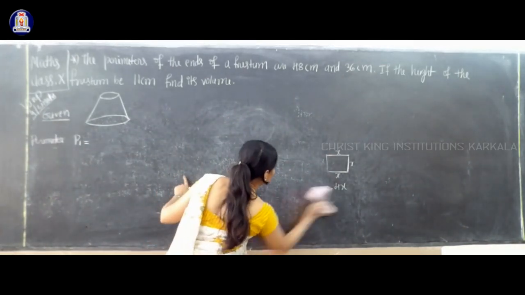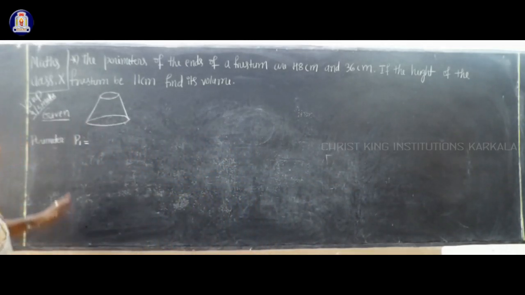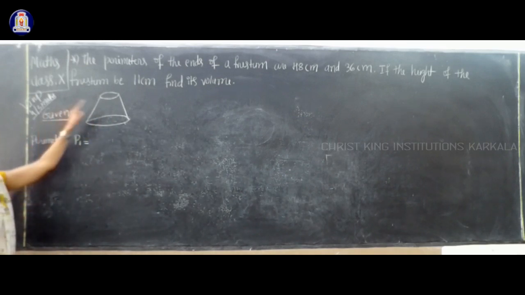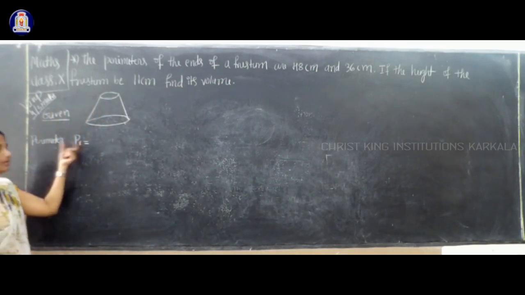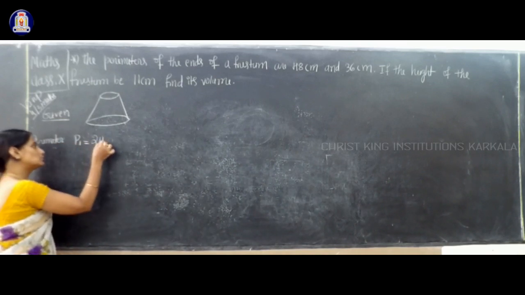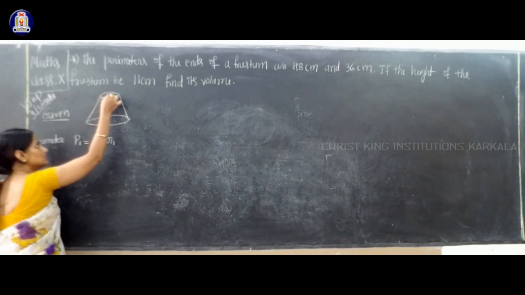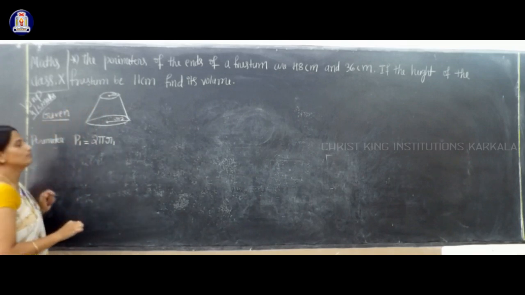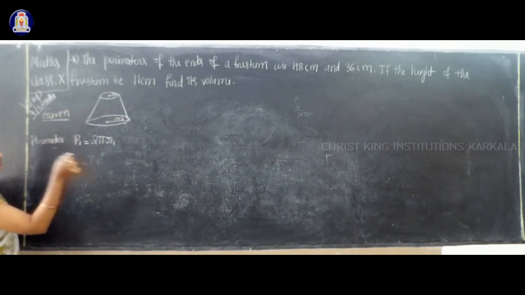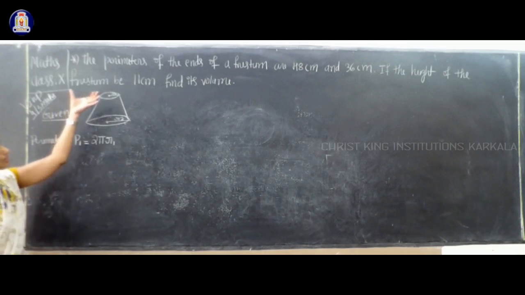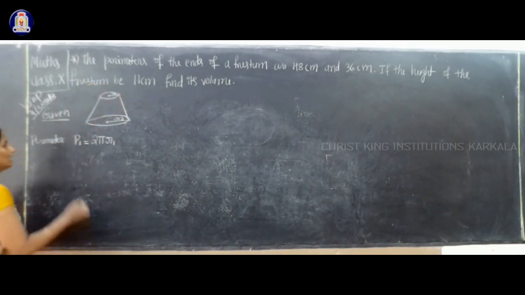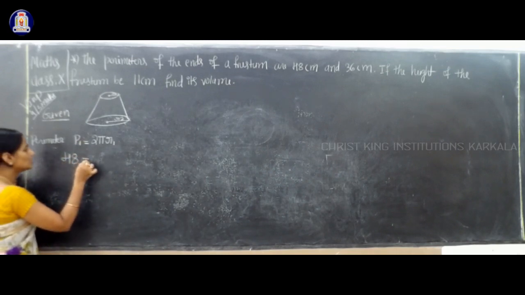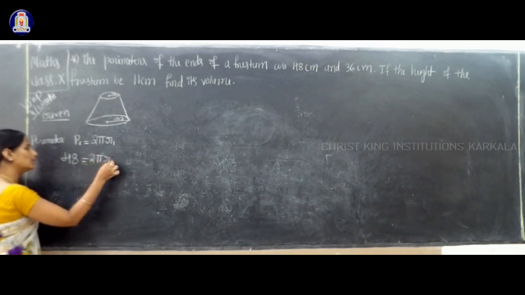Here it is given as the perimeter of the two ends of the frustum. The ends are in the shape of a circle, so it is the perimeter of this circle, and take it as P1. What is your formula? It is 2 pi R1, because this is radius R1. This is the second radius R2. Clear? Next, the perimeter of the second circle I will write later. The perimeter of the first end is 48 centimeter. So P1, which is 48, is equal to 2 pi R1.